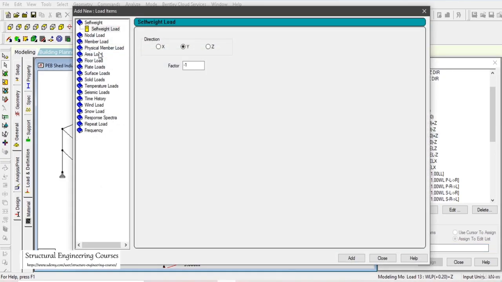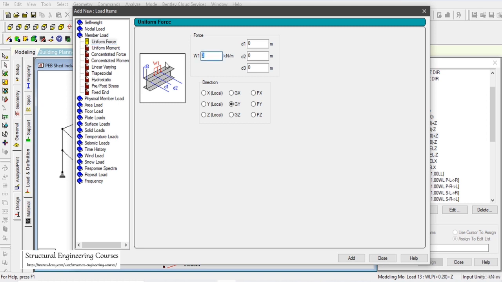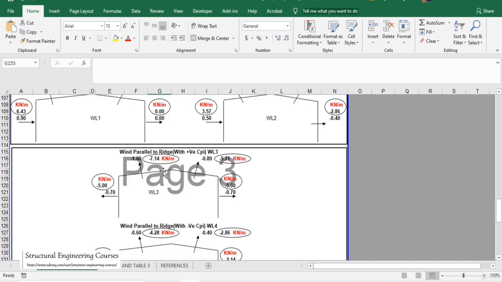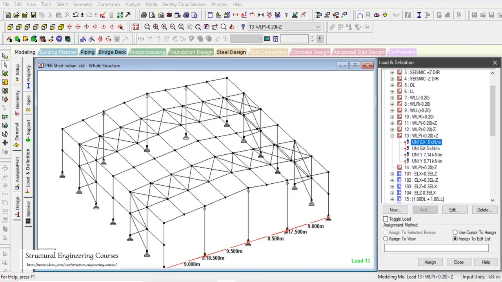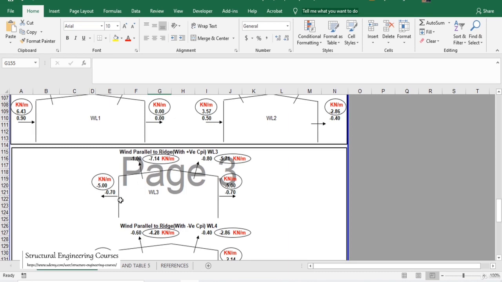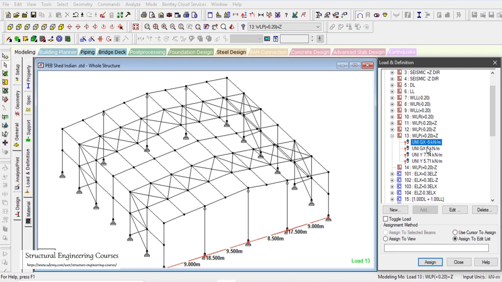and here we shall take -5 along global X and +5 along global X, and similarly 7.14 and 5.71. So we shall take Y local 7.14 and 5.71. As per this diagram here, we can see that this -5 is acting away from the structure. So you can take all of these columns here,